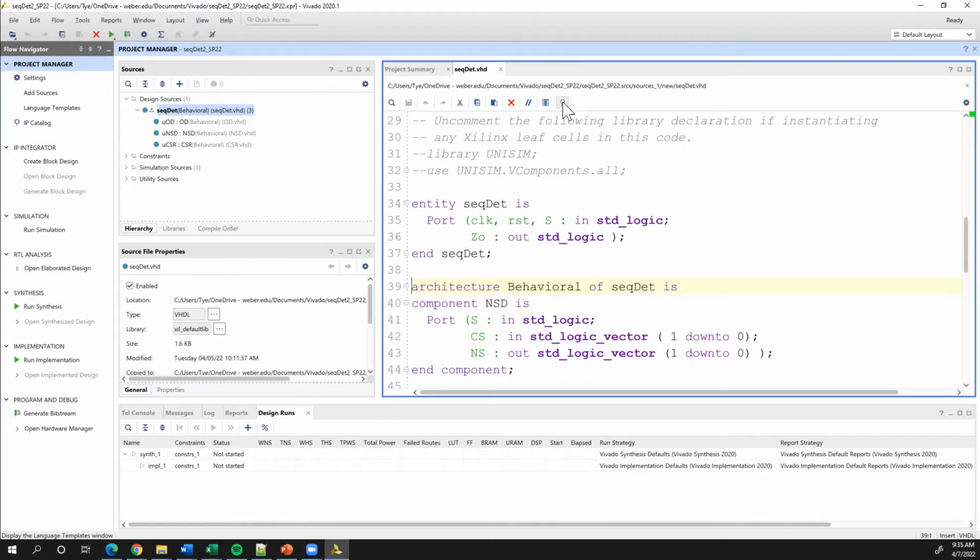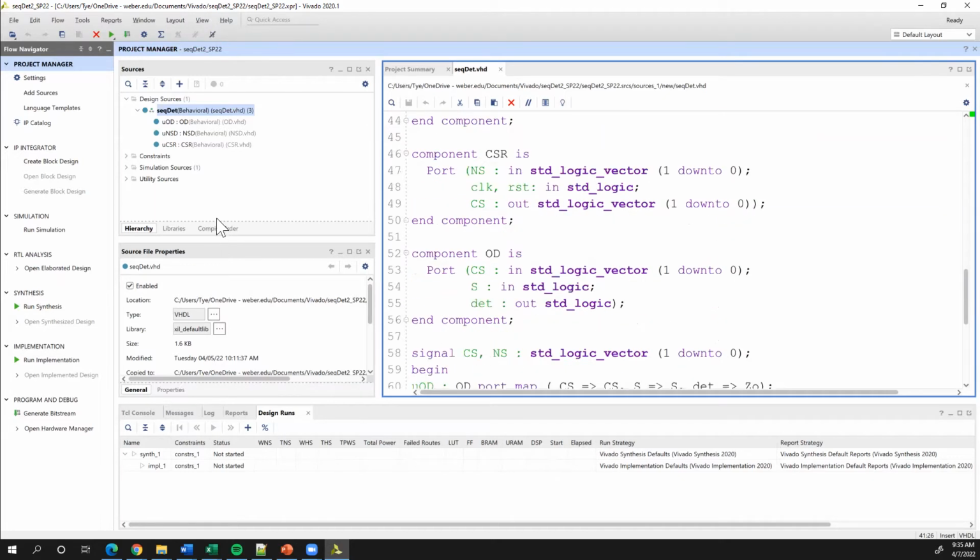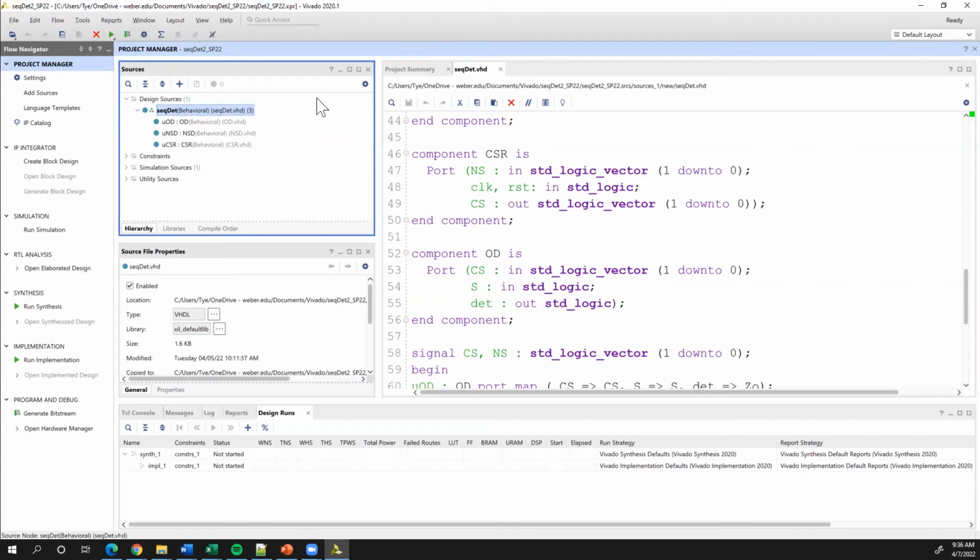So we'll go ahead and progress through and talk about a little bit of what I've built before. Here's the sequence detector, and you'll notice in this sources panel that you can look around. I'm going to turn off the light so you guys can see better. Sorry, I don't have a good way of making this text bigger, but what we have here is called SecDet, the sequence detector, and underneath it I have three components: my output decoder, my next state decoder, and my current state register. I've explicitly built the three parts. The current state register, if I open that up